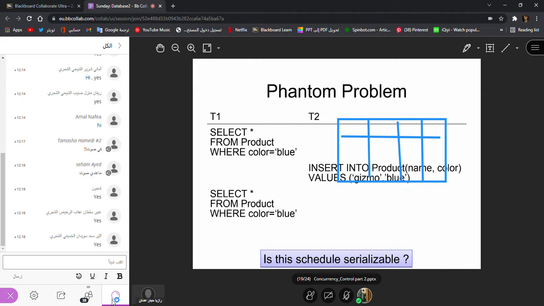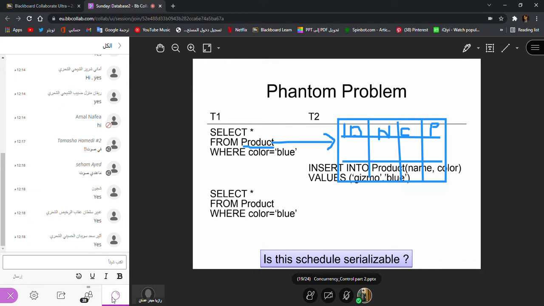So like this, I will have the table. Here I have, for example, ID. Here I have the name, I will just write M. Here I have the color, for now I'm writing only C. And then here you can have the price P. And this is my product table, right?